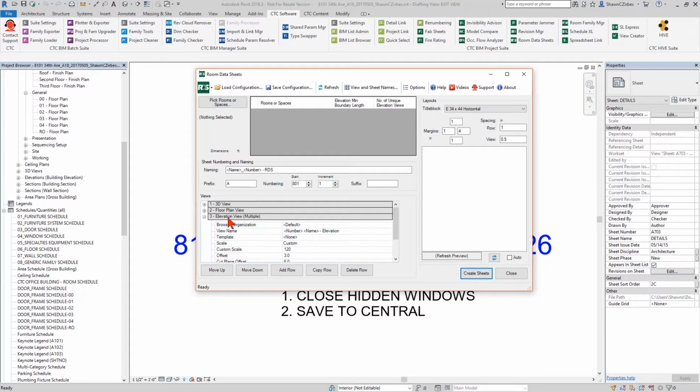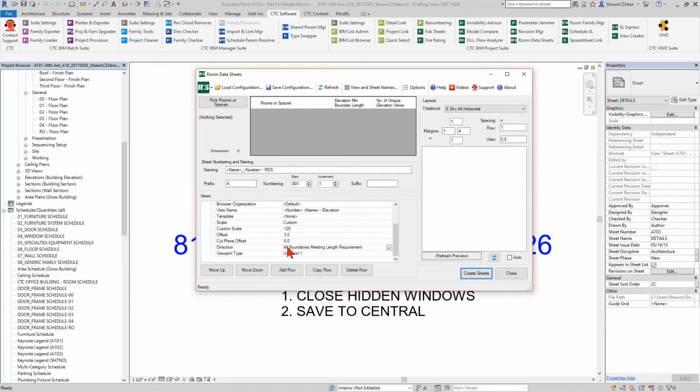In my case, for my elevations, when I'm doing multiple elevations, you can actually choose the direction this is going to face. The default is for all boundaries of the room meeting some length requirement. And that actually gets specified up here in the room. There's a minimum length for the room boundaries that you can specify room by room. So if you've got a little 1 foot corner cut out of the room from a little pilaster or something, you can exclude that from this